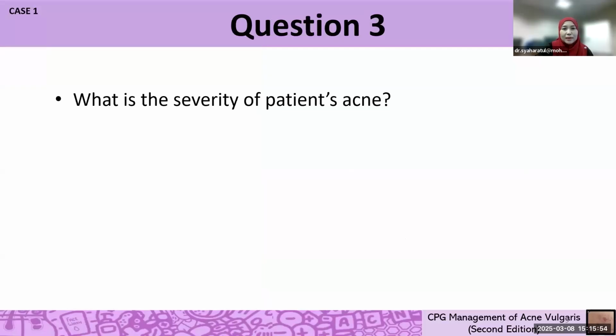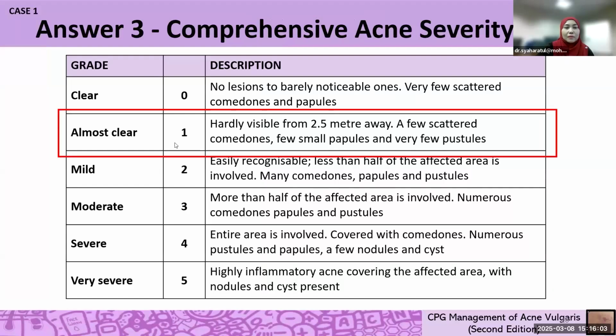Okay, so we have 1, mild. I think you're right. So this patient has CAS classification of 1, which is almost clear. So it's hardly visible. You see mainly the sequelae of the acne, which is a scarring. There's only few scattered comedones, few small papules, and actually pustules, there's only one that has ruptured. You can't see an intact pustule. So this is a very almost clear or CAS 1